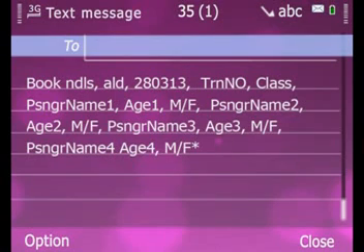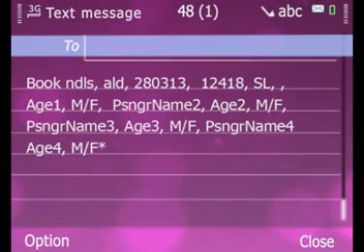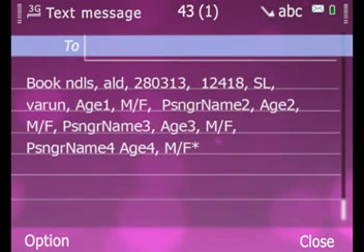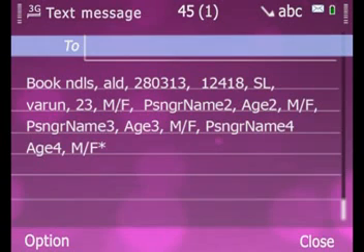This will be followed by train number, the class which would be SL for sleeper or 1A for first AC and likewise. This would have to be followed by the name of the first passenger, his or her age and gender.